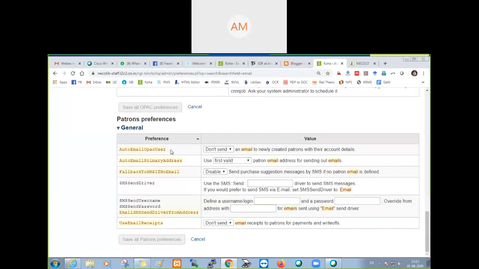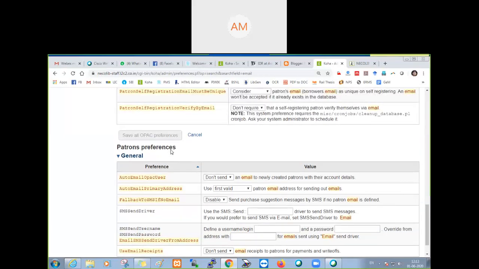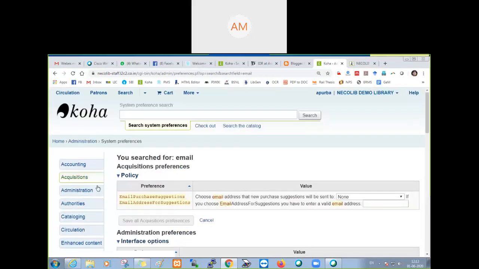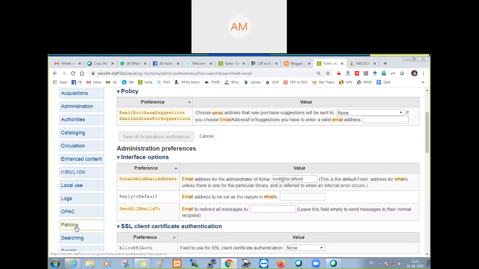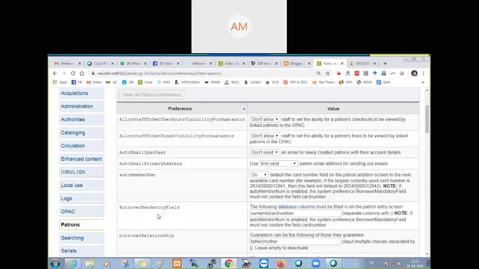So the next question is how the user will know his or her password if it's not visible on the screen or in the mail. So in the system preferences, in Patron, you click on Patron and you click on General, then Auto Email OPAC User.